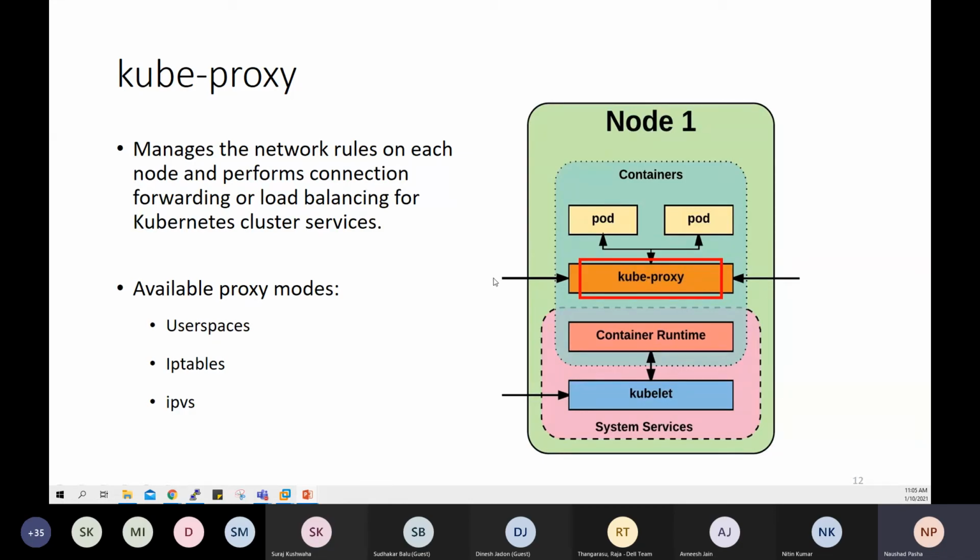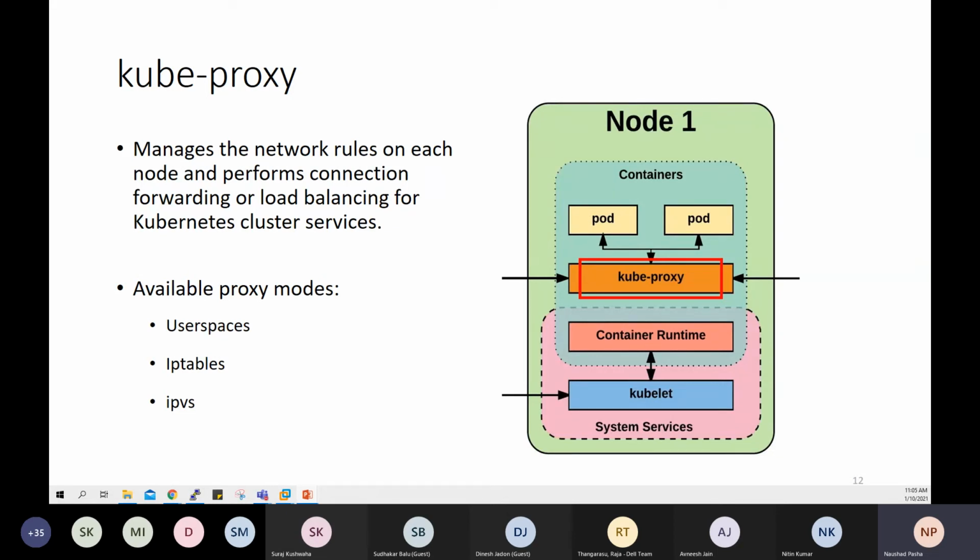When you hit a service in Kubernetes, meaning when you try to access an application that is running in Kubernetes, it is the kube proxy which receives that request and forwards it to one of the replicas of the pod behind the service.